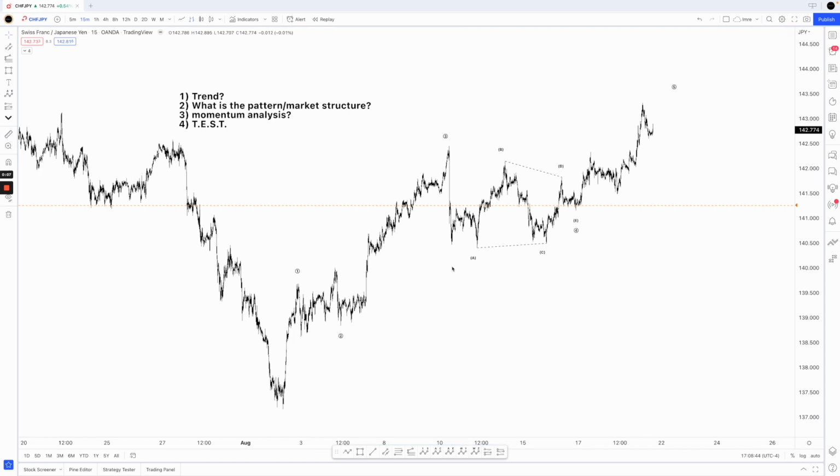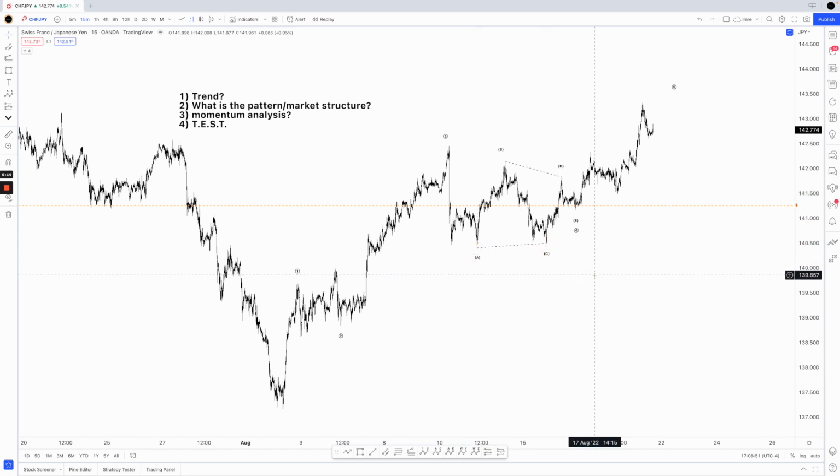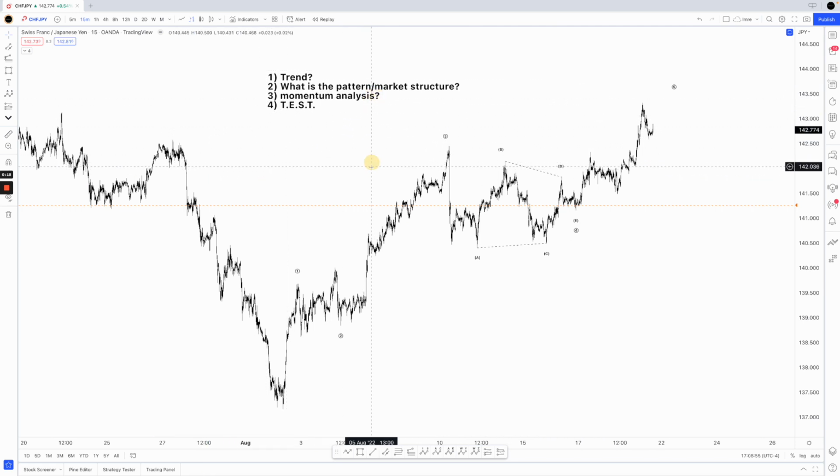We're going to break down a trade that we've taken this past week. It's unfolded pretty much exactly according to plan, and there's a really cool educational component to this video as well. So we're going to cover how to trade a fourth wave triangle. We're going to cover some trade management stuff, and most importantly, we're going to go over what I call the